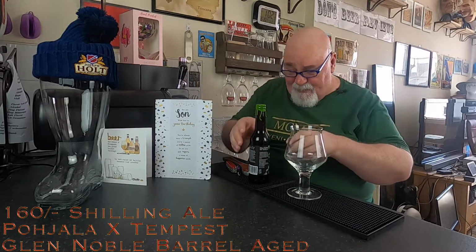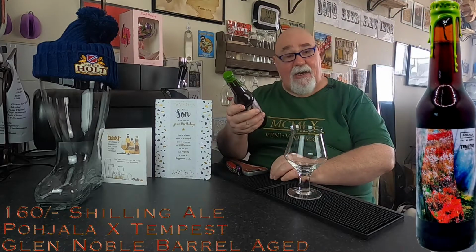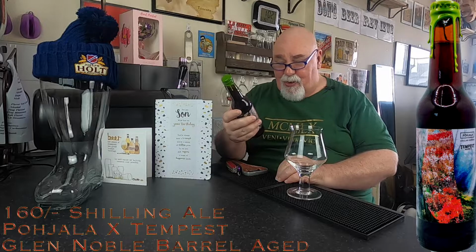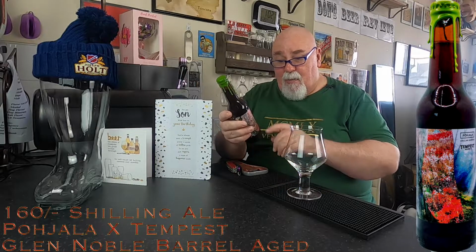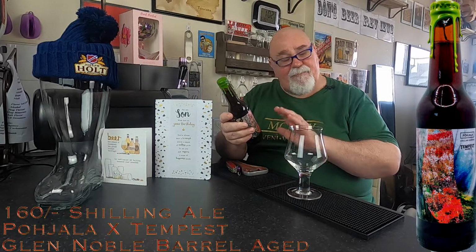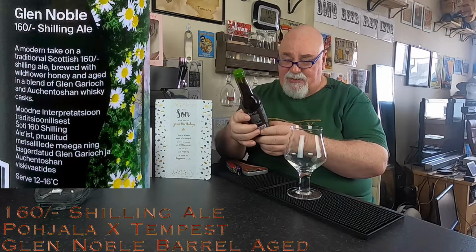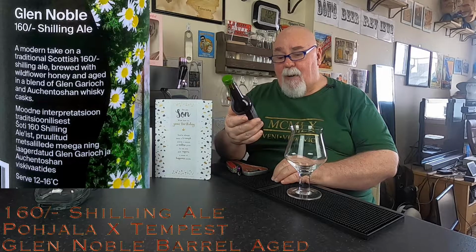This one is a collaboration between a Scottish and an Estonian brewery. Tempest Brewing in Galashiels in the Scottish borders, and Põhjala in Tallinn, Estonia. And this is called Glen Noble. It's a 160 shilling ale, a modern take on a traditional 160 shilling ale, which I had never heard of before